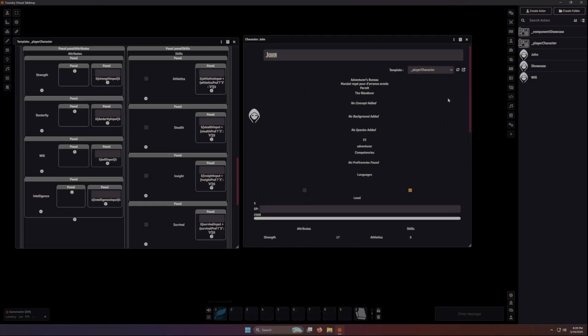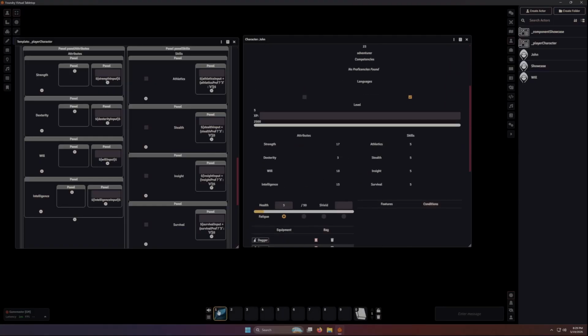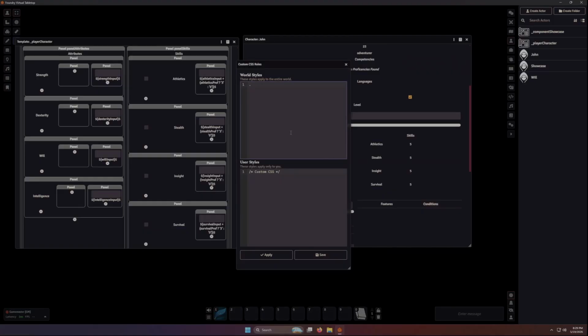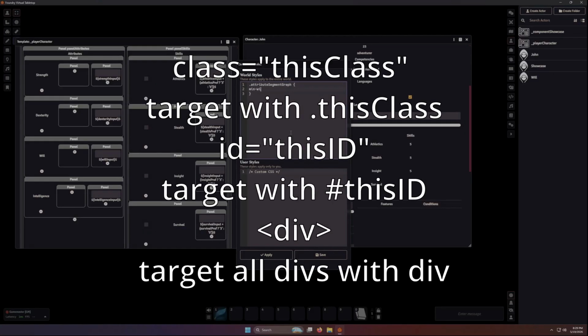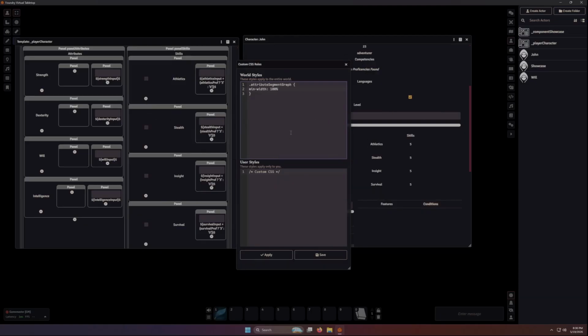So I'm going to start by targeting our score segment graph class by typing a period to tell CSS that it's a class. And I'm going to type in score segment graph, just like we declared the class name earlier. If this was an ID, we'd use a hashtag. If it was just an element, like we want to target all divs that could possibly exist, we would just type div with no prefix. But like I said, this is a class, so period score segment graph, space, and then an open curly